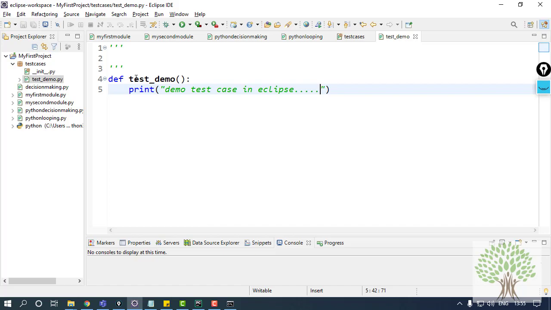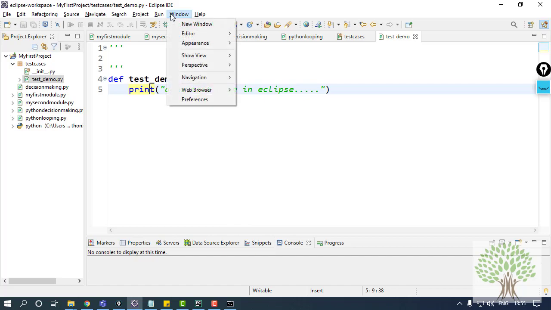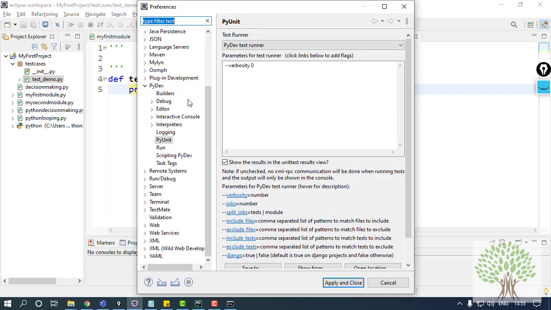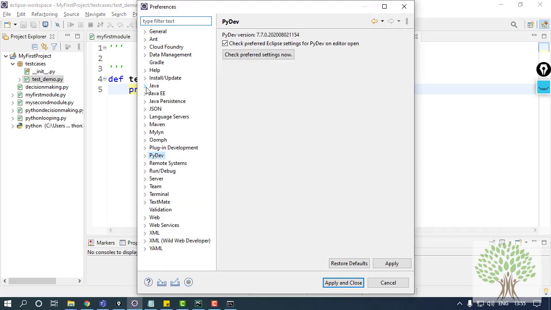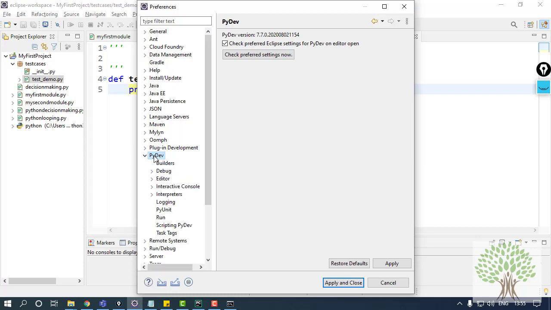exceptionally go and install your package in Eclipse. You just need to go over here. The settings you need to do, the -s that we added in the additional arguments in PyCharm, you have to do. From where will you be doing it? Over at the Options tab, you will get a Windows tab. Go over there to Preferences. In the preferences, you will get a number of blocks. What you need to go into is PyDev.